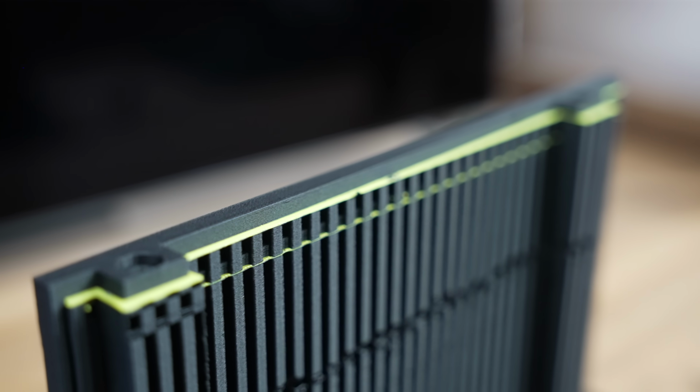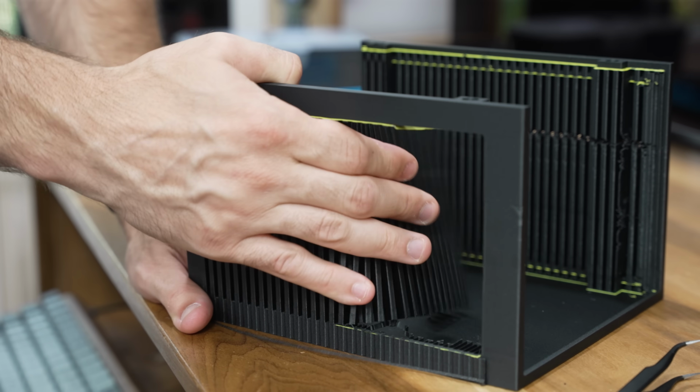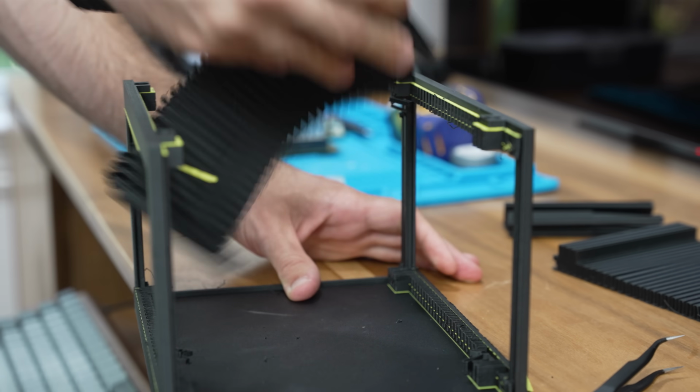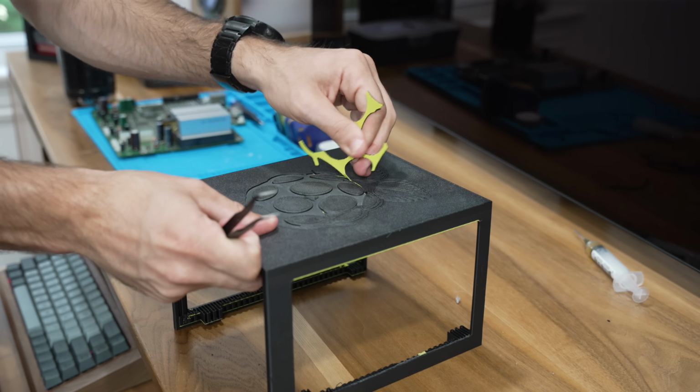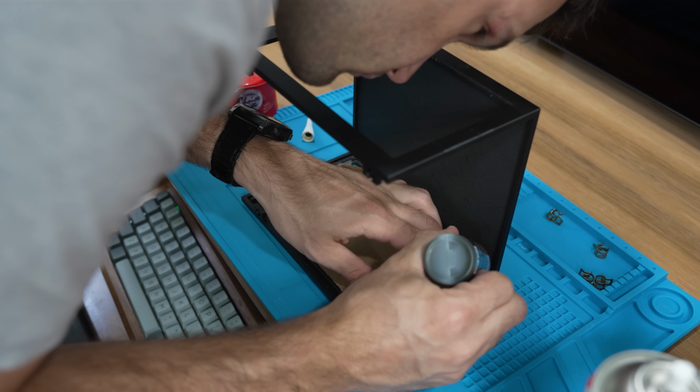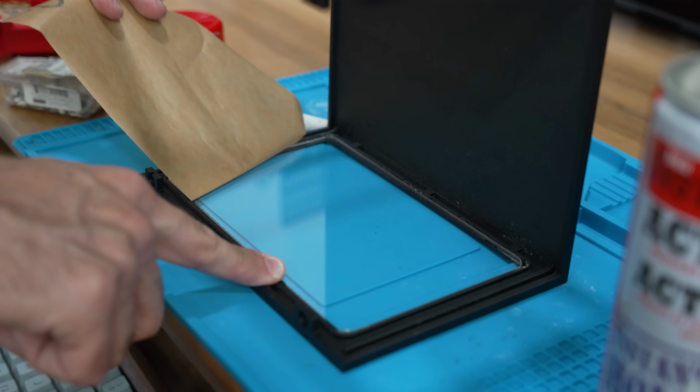Well, that is support interface, and it's basically just a thin layer of a second plastic that sits between the support structure and the actual print. This stuff makes it way easier to remove your supports and gives you a much nicer surface texture where they interface. After I had all of that pulled off, I installed my acrylic windows with the help of some CA